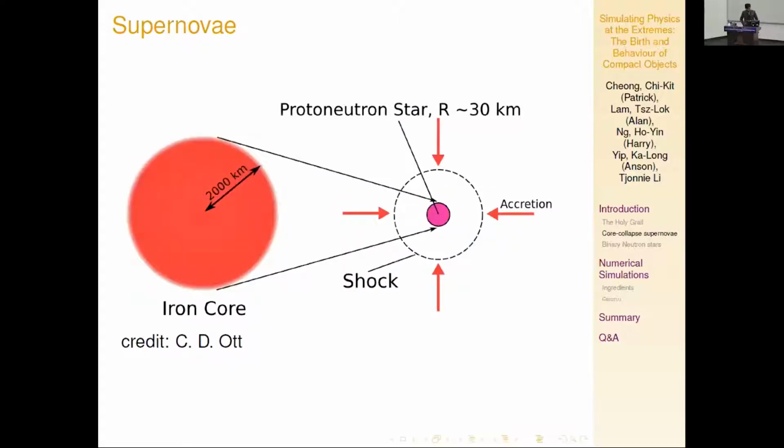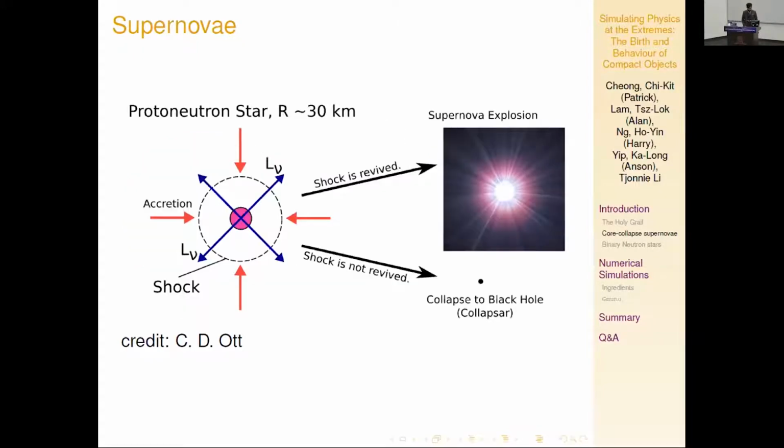Here's a rough cartoon of how the core collapse supernova works. It is the death of a massive star, which is usually 10 to 100 solar masses, and then it starts to collapse and compress all the matter together at the center. So it forms a proto-neutron star, as shown in this slide. It depends on